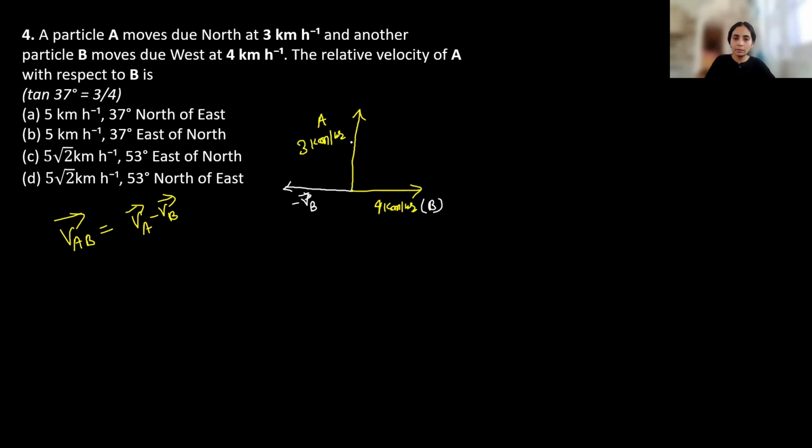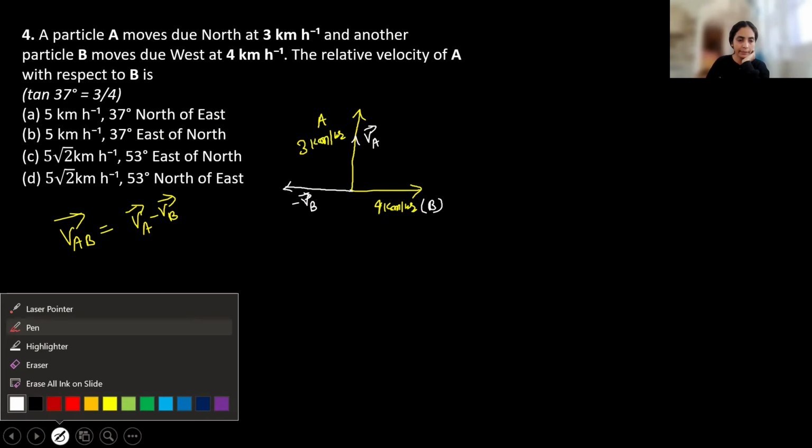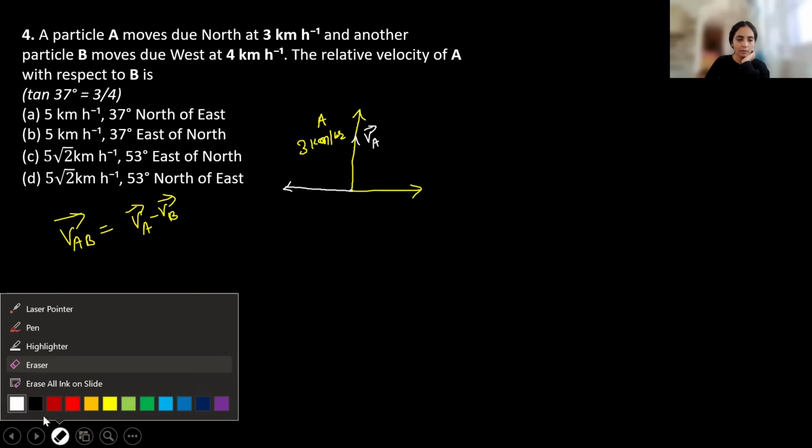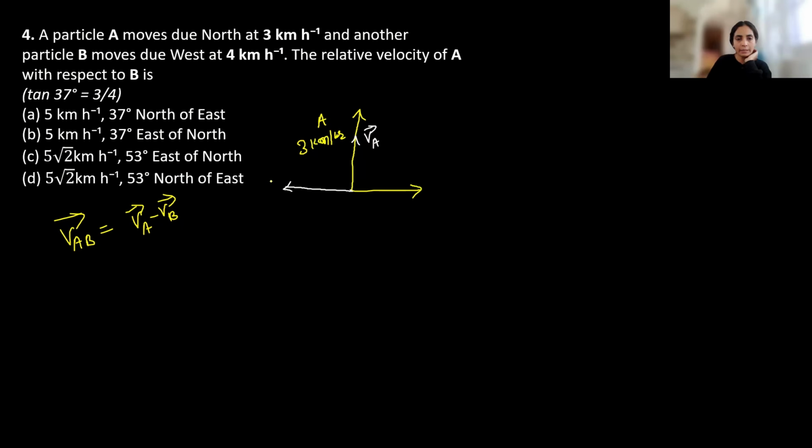So basically this is VA, and VA minus VB will be somewhere where? I mean, that was towards west. Okay, मैंने गलत बनाया यहाँ पे diagram. आप देखो क्वेश्चन में ये वेस्ट की तरफ बोला है. So okay, let me change it. I'm really sorry. So इधर की तरफ है एक्चुअली तुम्हारा B, and B is moving towards west with speed